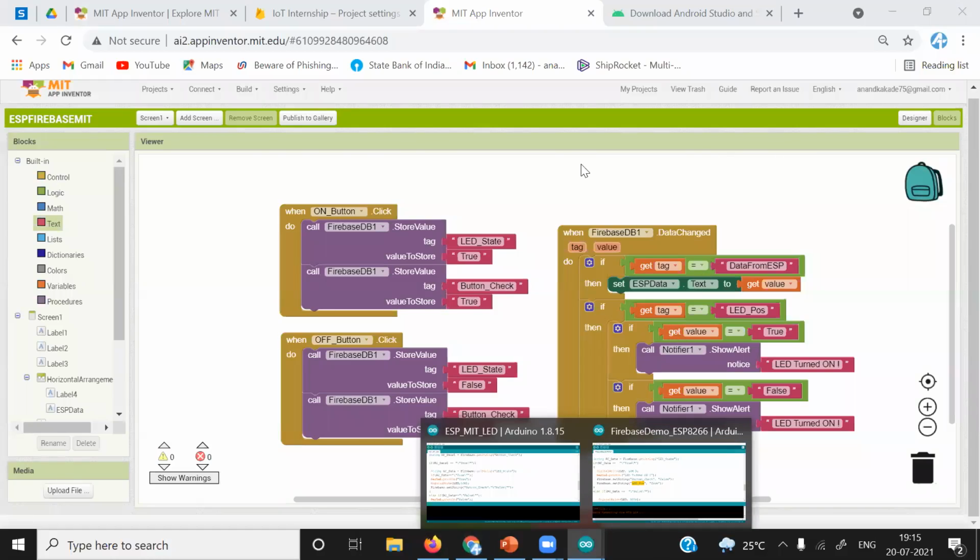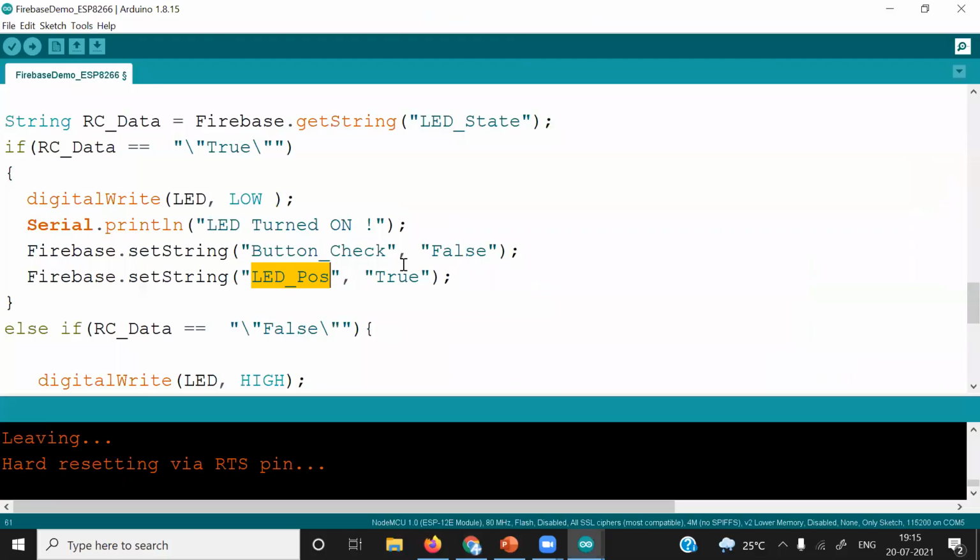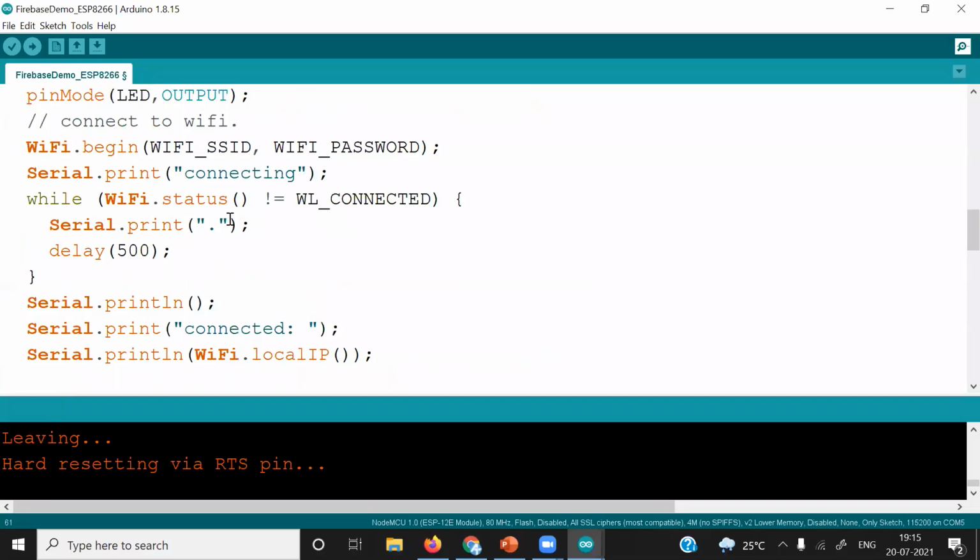You send the user input as SSID and password. You store it here, create object SSID, Wi-Fi SSID and password, using MIT App Inventor. You give user input as SSID and password, whatever you want to set. After that, go to ESP8266 and in the while loop, check for this Wi-Fi reset button click. Whenever you press that Wi-Fi reset button, if it is true, read that object, which is SSID and password, and assign it to